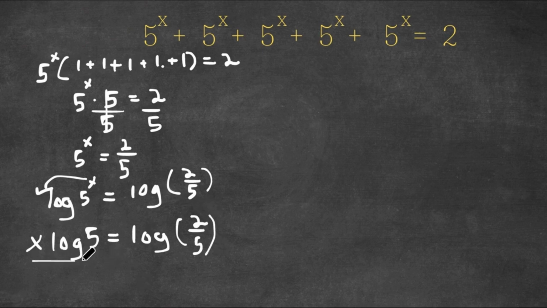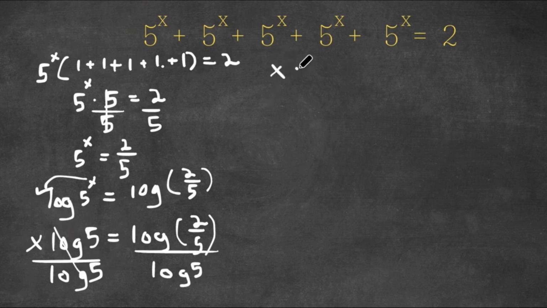Now I'm actually going to divide both sides by log 5. So these two cancel out, and I get x is equal to